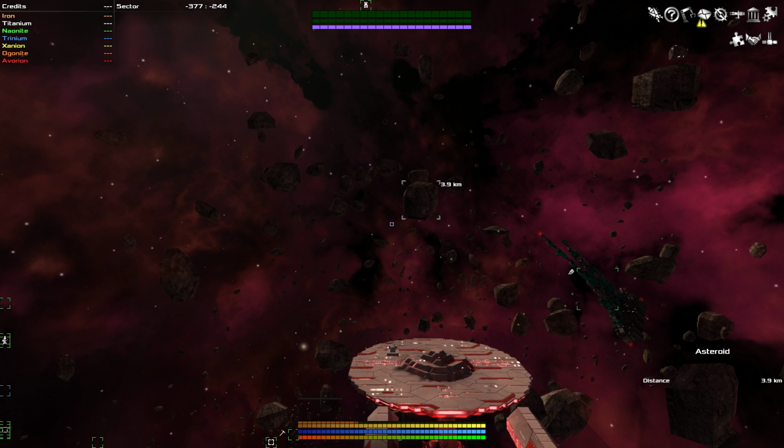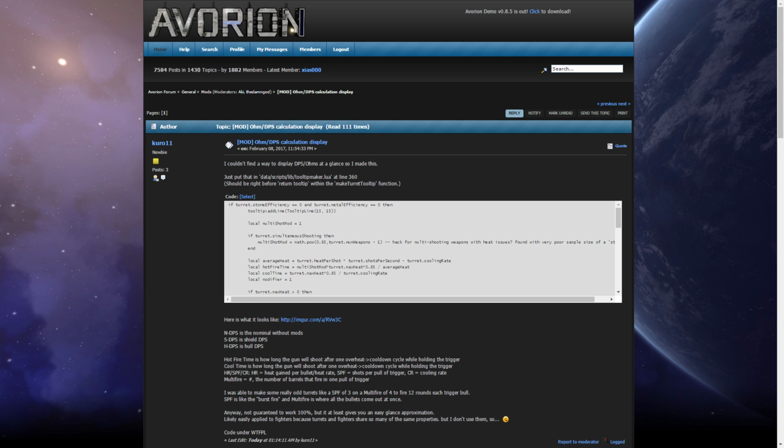So first, go to the link in the description at the bottom, and I should have a link there, hopefully. And from there, we'll pop up this window. So display on. There you go. So here's the mod. Here's the author's name over here. And basically, he just says, just put that in the data scripts library tooltip maker .lua